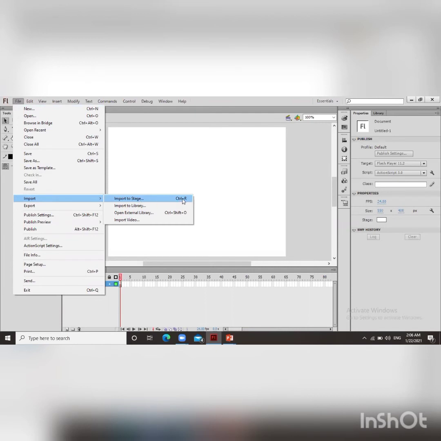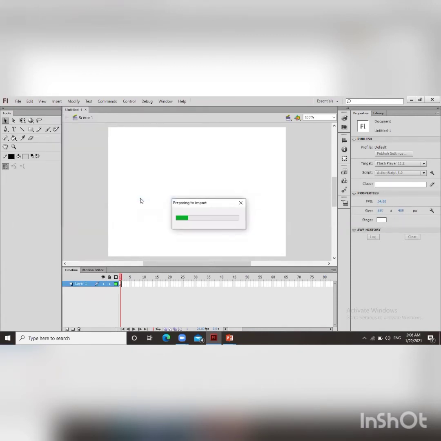The shortcut key to import to stage is Ctrl plus R, because we want to import within this stage. So just click on Import to Stage, and one dialog box will appear.